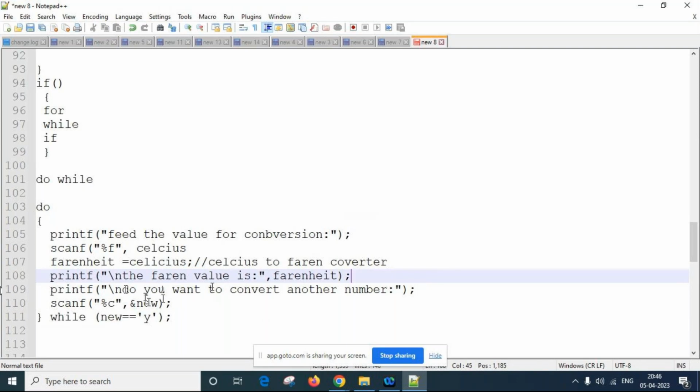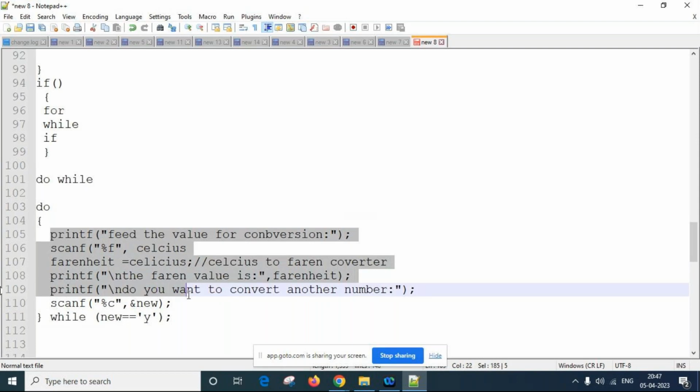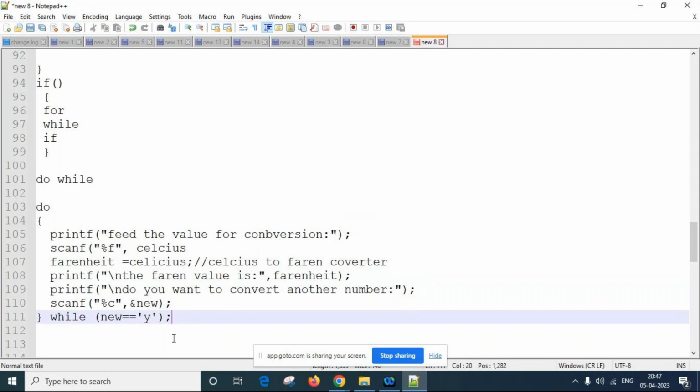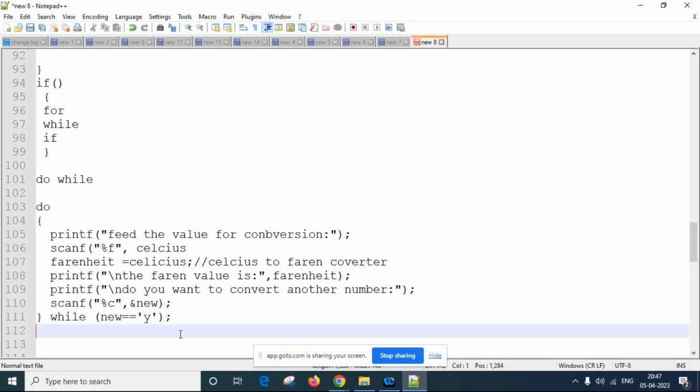If the response is yes, then this do loop will be executed one more time. If the response is no, then we'll be coming out of this while loop, and the consecutive statements will be executed. If not, we'll be going out and closing that program.